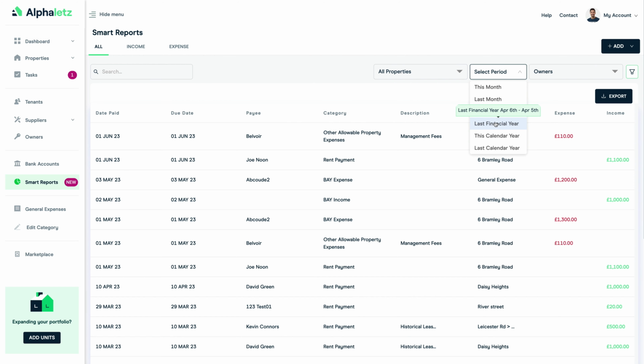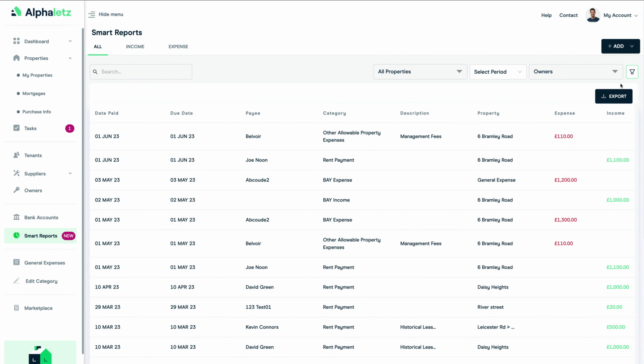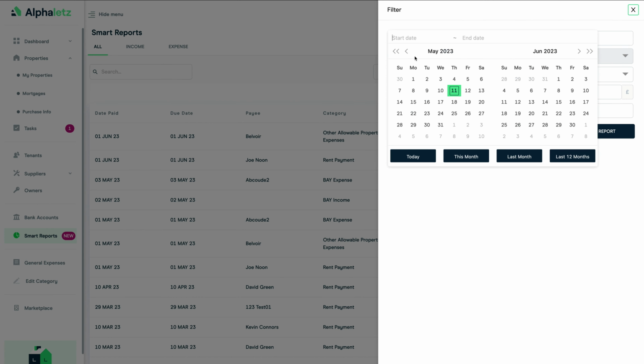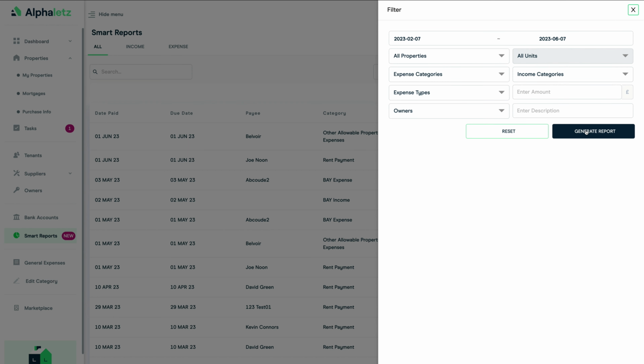You can see that we've already pre-selected that in one of the drop-downs, but if I don't see the exact date one, I can click on the filter here, click on this top section, and then select any specific dates if I want to run a report for a different period. Then I click on Generate Report,